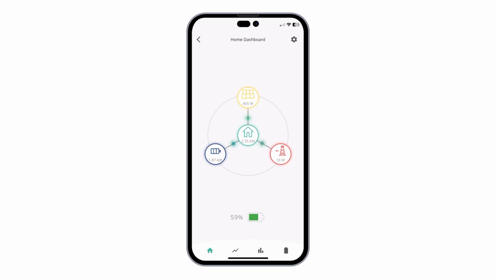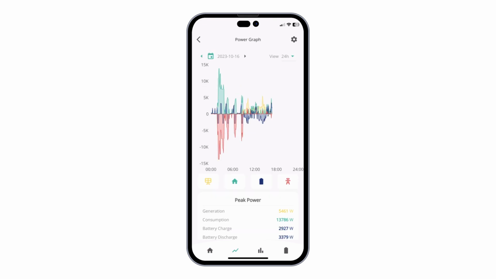At the bottom of the screen, we can see 4 menu icons. The home icon on the left is our home dashboard page. The second icon is for our power graph page, followed by our energy graph, and lastly is the battery graph page. If we go into our power graph page, the graph at the top of the screen shows us the